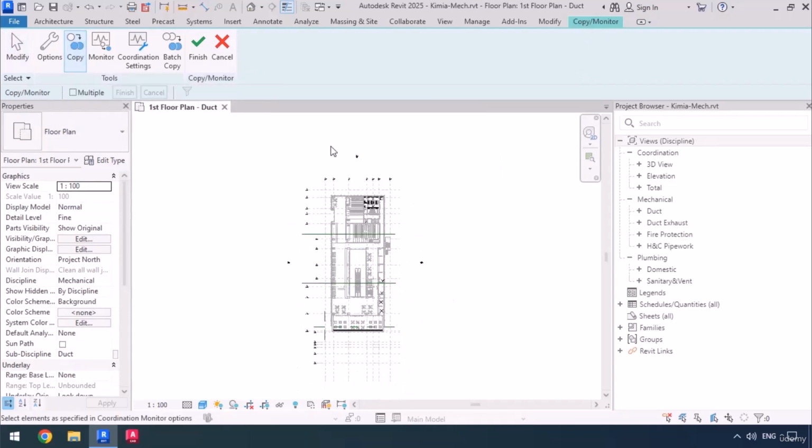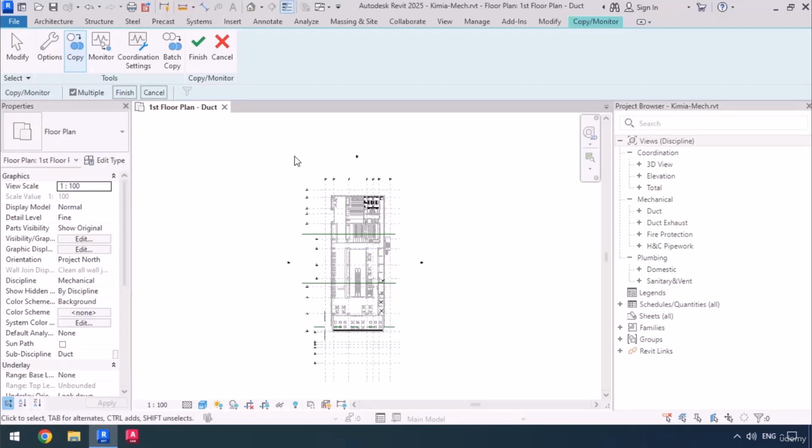Now we seem to have so many grids over here, and it's not going to be easy to click on every single one of them, and it's actually going to be very time consuming. We're also going to be needing all of them, and it's not like how in the levels we could only select the FFLs. So in order to progress faster, we're going to make sure that we check the box in front of Multiple over in the options bar. And now we can select multiple grids to copy.